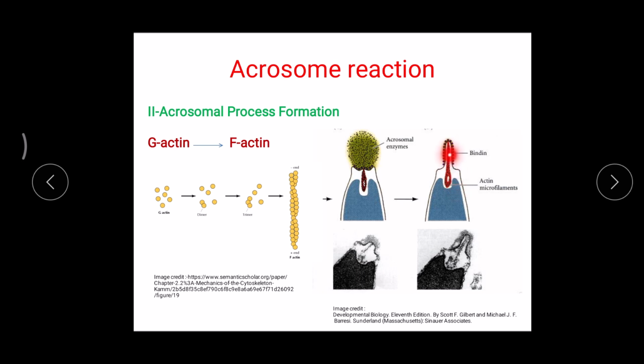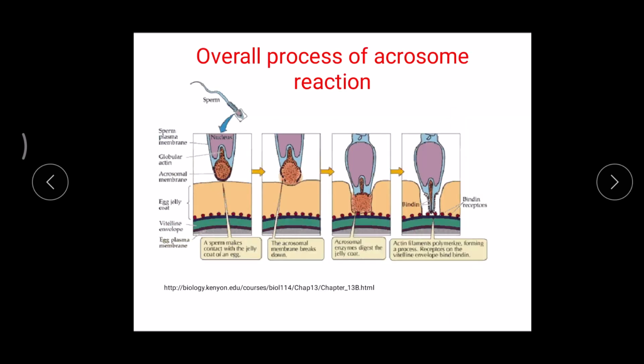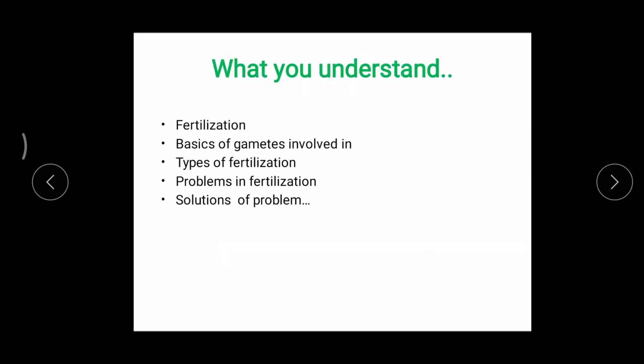there is acrosomal process formation. Process means extension here, and due to that extension or elongated part of that particular acrosomal part, now this bindin gets exposed here, and now we can see this bindin can attach to the receptor, and once the bindin and bindin receptors touch each other, that is the clearance step, and now the egg and sperm plasma membranes are allowed to fuse with each other.